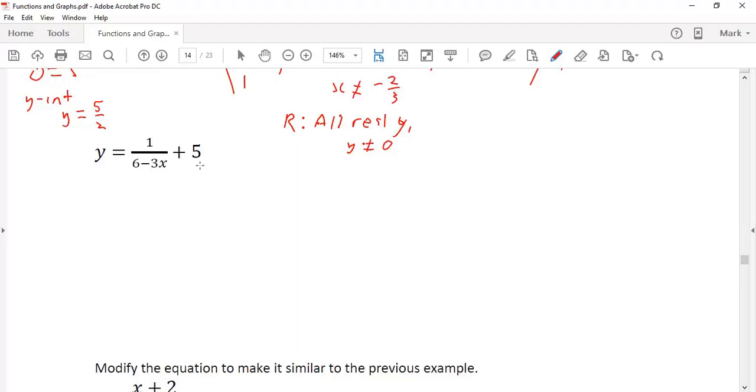So we'll find the x asymptote, so 6 minus 3x can't equal 0. So if we solve that, we get 3x can't equal 6, and then x can't equal